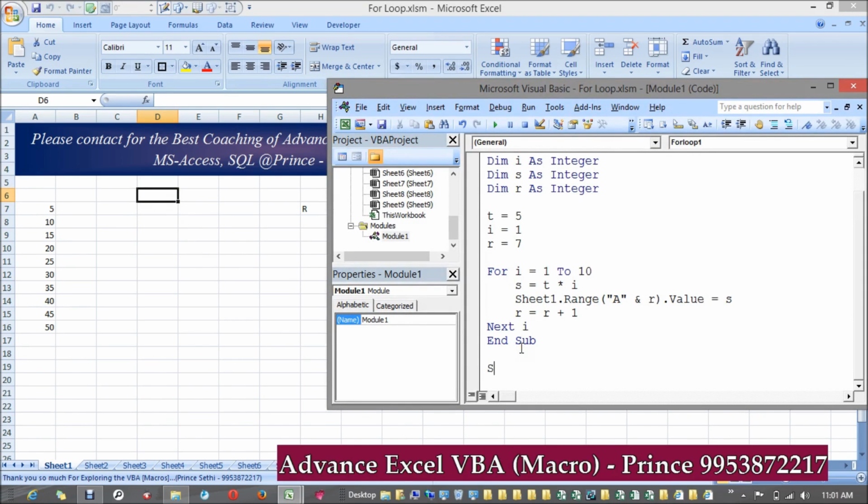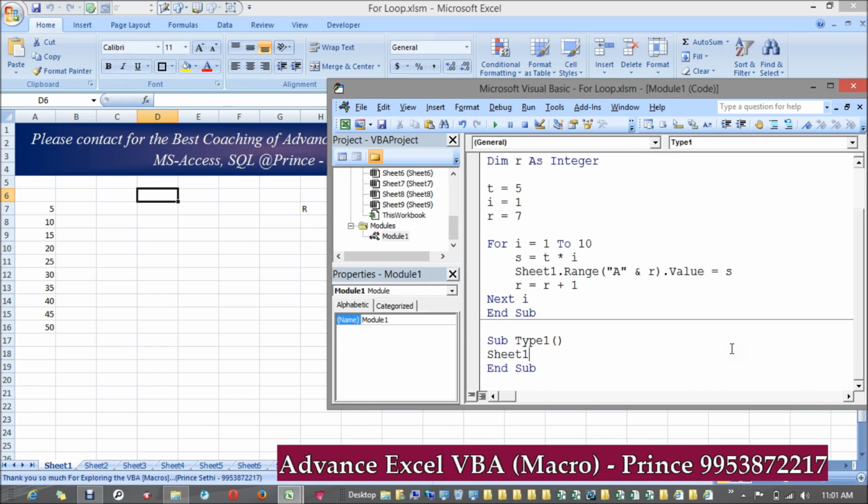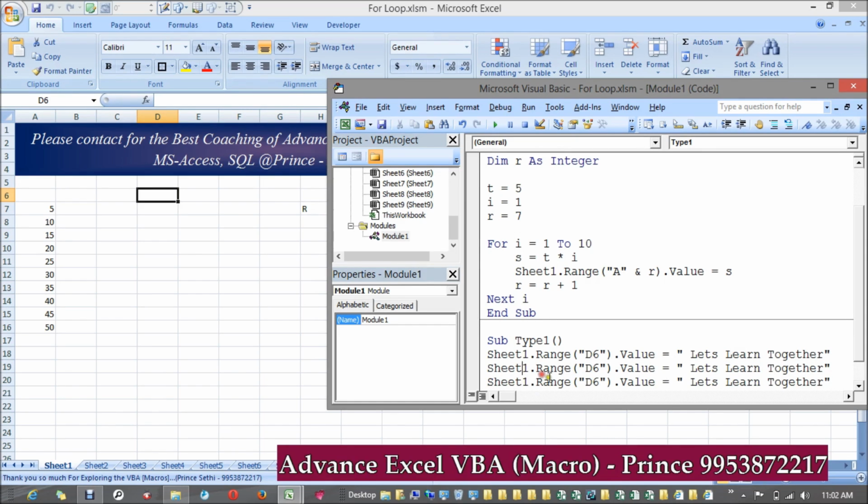So I think, sub, type something, type one. I have to type Sheet1.Range D4 or D6, whatever, D6 value, sorry, value will be let's learn together. Fine. So the same way, if I have to print the same thing on sheet 2 as well, sheet 3, sheet 4, sheet 5, something like that. So I'm just typing this, sheet 2,